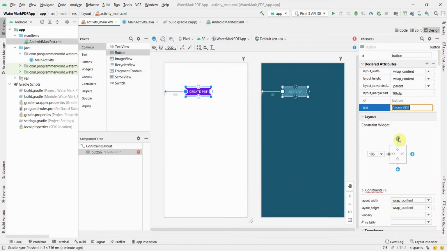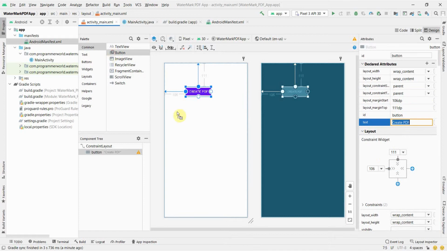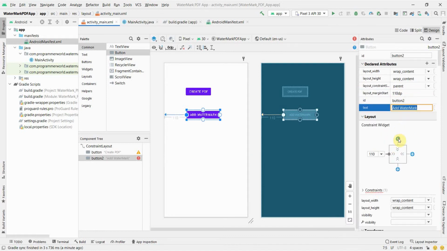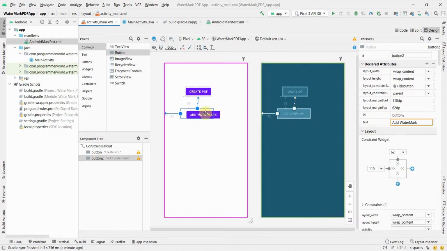I'll just add constraints. I'm moving quick because you can watch my other videos to understand how to do layout designing. And I'll just add watermark. I'm making it two separate methods to make it amply clear how to do it. It's pretty simple, but still I want to make it a little more discrete.